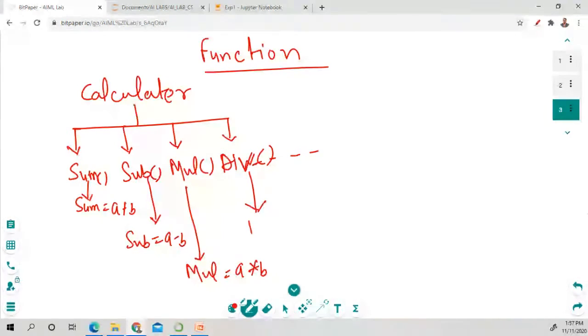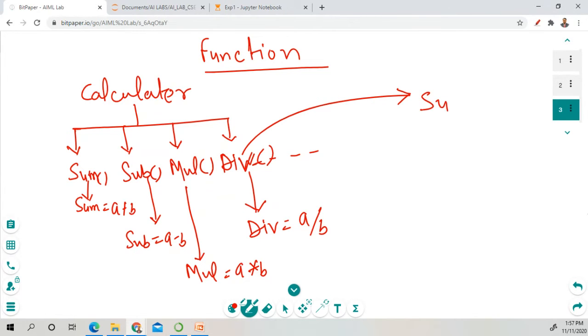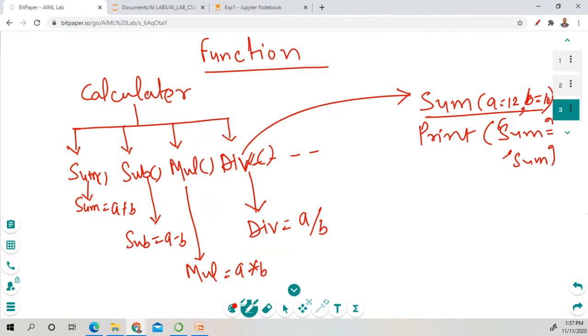In this function, you can perform div is equal to a divided by b. And you can call this function in the main program as sum, a equal to 12 comma b equal to 10. In this manner, when you call this statement, you can print sum equal to, and it will give you the summation value. So it will give you the output as 20.